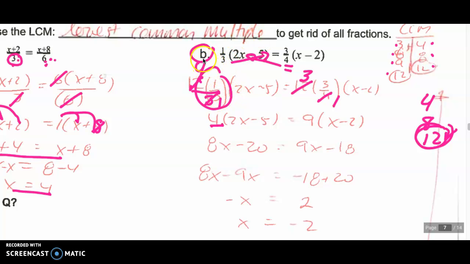Once I reduce here, this was a 4 on this side, and this was a 3 on this side. Once you reduce the fraction by dividing by 12, what you end up with is a 4 on this side and a 3 on this side. So what's on the bottom of the fraction here comes across and is on the top here, and what's on the bottom